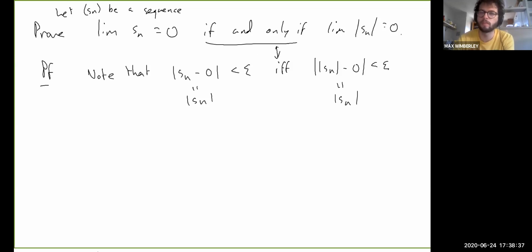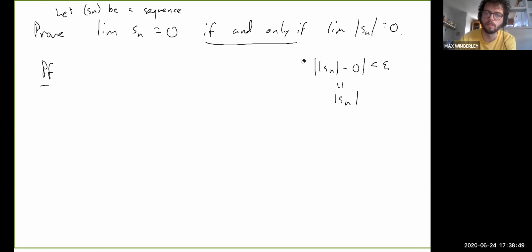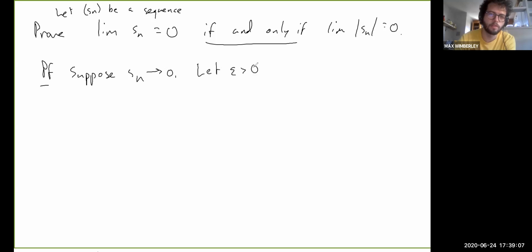But just for the sake of practice, I want to quickly go through what this proof would look like if you wanted to be really thorough and pedantic, and really dot all your I's and cross all your T's, as I like to say. So we would say first, suppose Sn converges to 0, right? Then because of that, now let epsilon be greater than 0. So now we want to show that the absolute value of Sn approaches 0, right? Then there exists an N such that for all n greater than N,